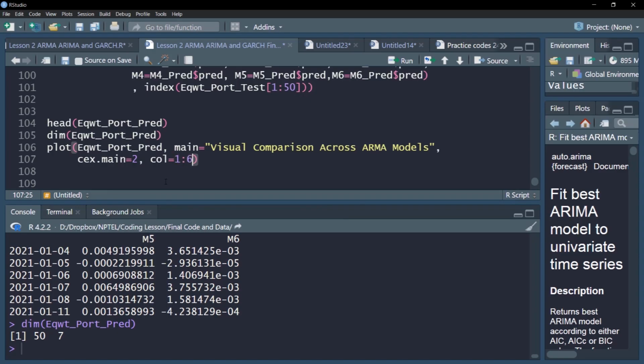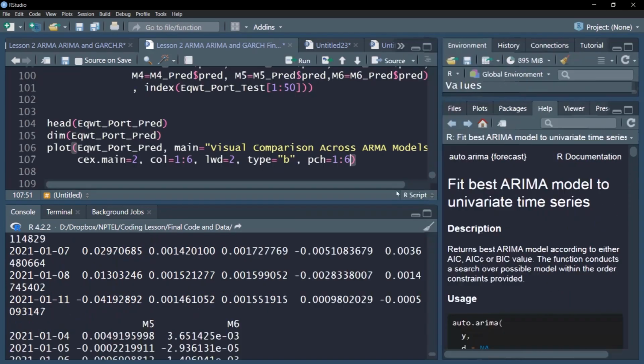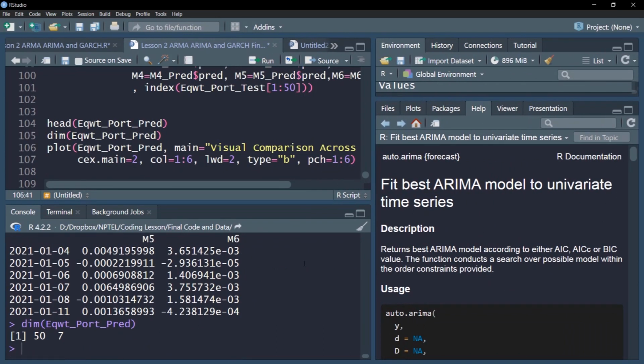Each line, each plot should be of different color. So this col object, line width has 2 and type as b, so both line and point type, both point and line will appear. Lastly, I am giving this pch, very useful argument, pch as 1 to 6. So each graph will have a separate symbol. So the points will be of separate design or separate object for point. Let me show you what exactly I mean here.